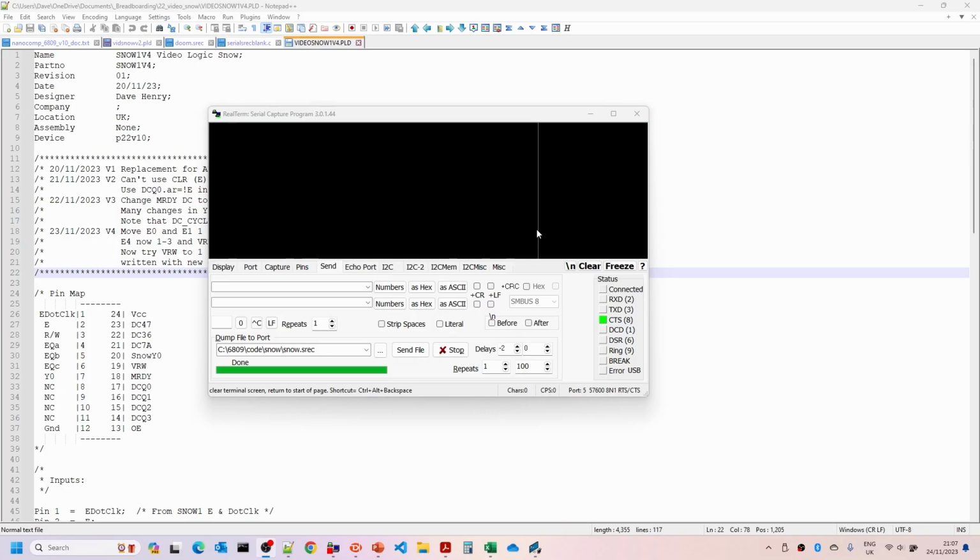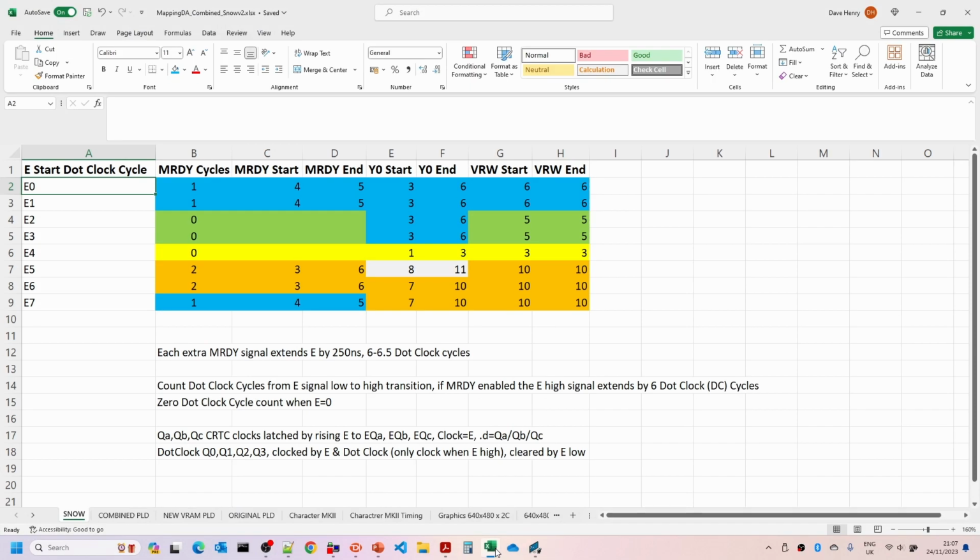So I installed the updated circuit and replaced the Y0 VRW signals and the not Y0 signals that were originally being fed directly out of the address decoder, and now swapped them over to the ones for our video snow circuit. I had to do a bit of tuning of the configurations once it's all wired in. There's a few extra delays and things through the various latches and things that meant that some of the timing that I'd done standalone I showed you earlier need to be tweaked slightly. So those values have now changed.